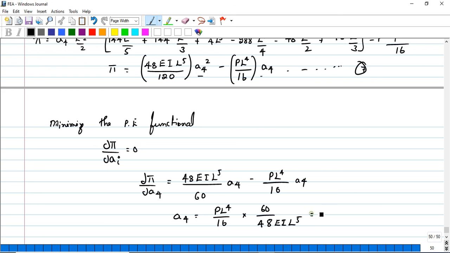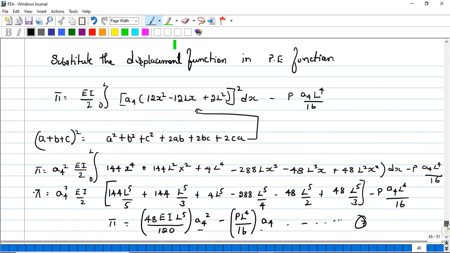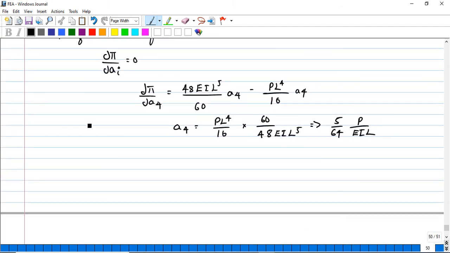And in simplified form, I can write this as 5 by 64 P by EI L, okay. And if I substitute this in the equation, like in the V equation, we know that